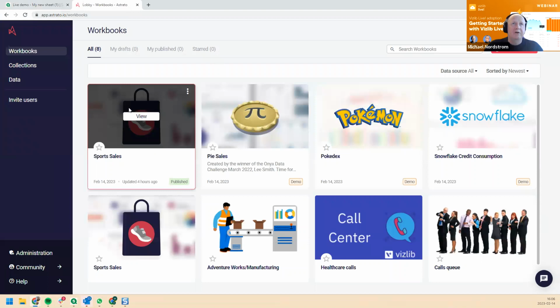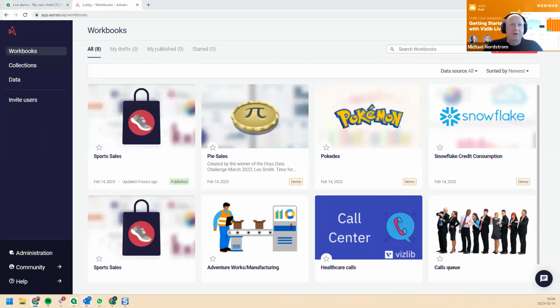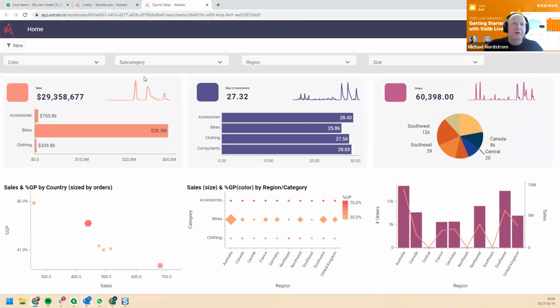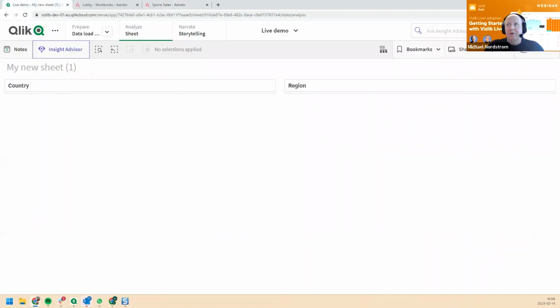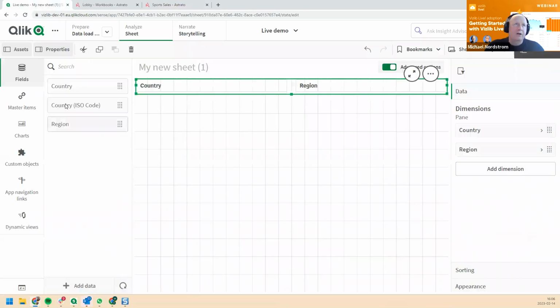So we have workbooks that we can work with. And in this case, we're going to work with the Sport Sales workbook. I'm actually going to put that on there so we can go back. This little workbook also has region and also has country. So we're actually going to see how we can connect this little application or this little dashboard into the Click Sense application. And going back to Click, if we now find the live object,